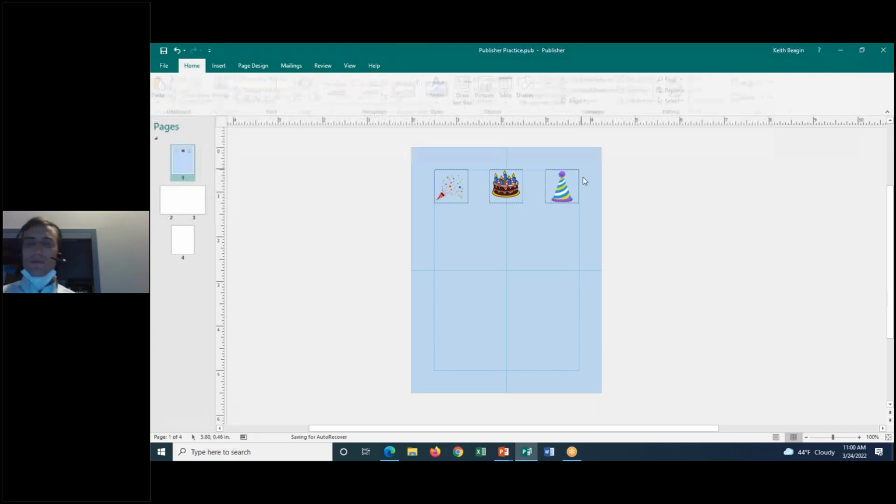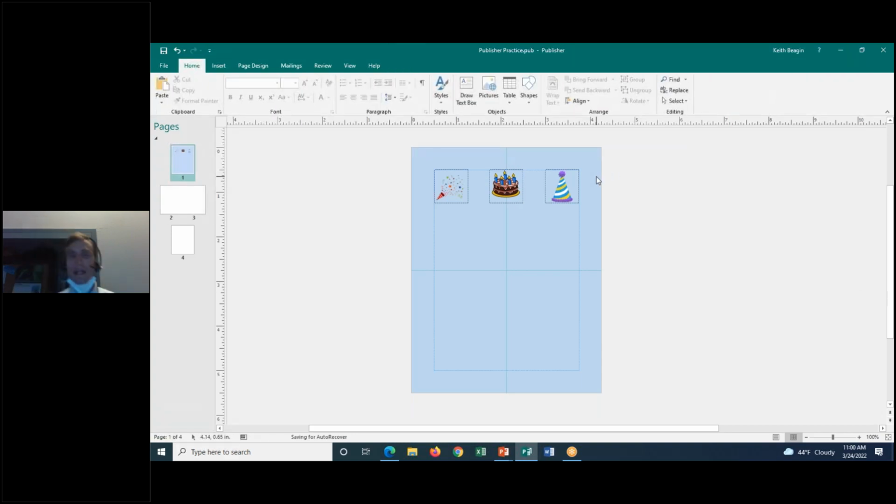Now, let's use a tool that's not unique to Publisher. You're going to find this in other Office applications. Whenever we work with objects, we're able to group them together as one object, because it's going to be more time consuming if I have to copy and paste each one individually and then place them accordingly. So we can select multiple objects at the same time, group them together,